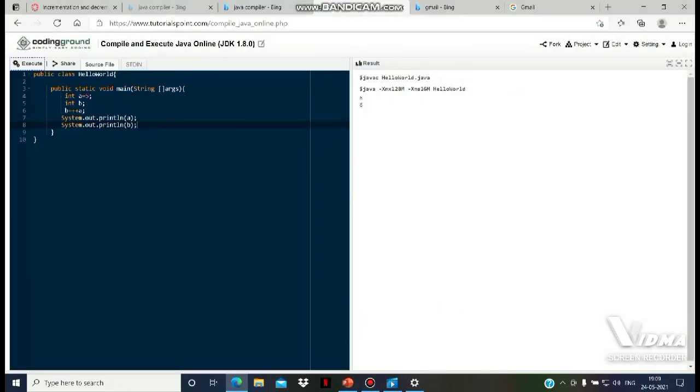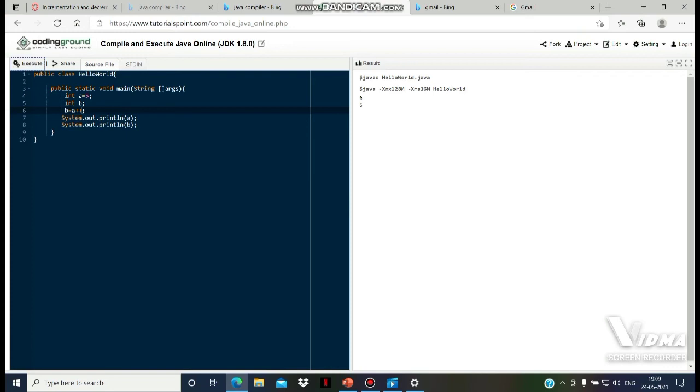Let us see how it will affect when we use post-increment. Let us execute this. So first we are printing here b is equal to a plus plus. We are using the post-increment value.